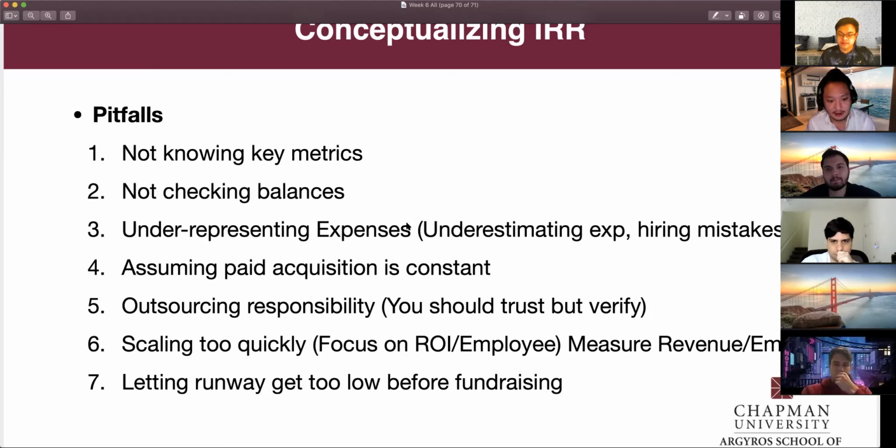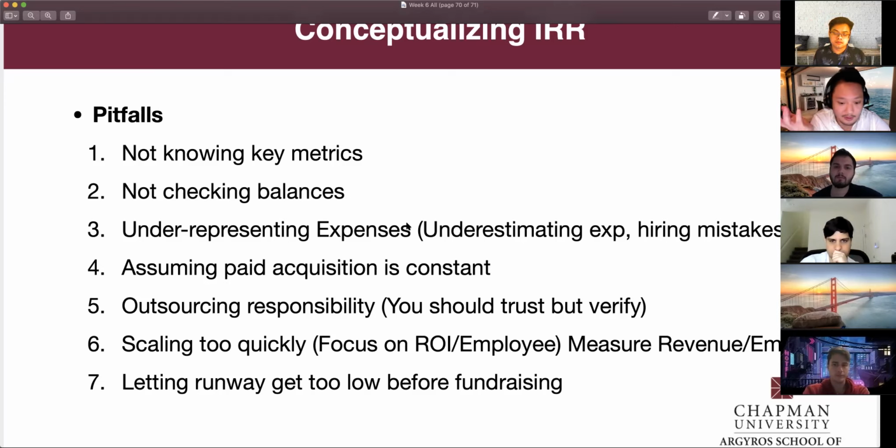Scaling too quickly is another problem. You don't want to grow too quickly or add too many employees at once where they're untrained, because your efficiency might start to dwindle significantly, and you realize, oh my god, we didn't even have to hire that many people. It's just everyone's not working because there's so many people now. So you want to make sure you have a really good pulse. I really do like the revenue per employee metrics. I think that's a really, really good indicator.